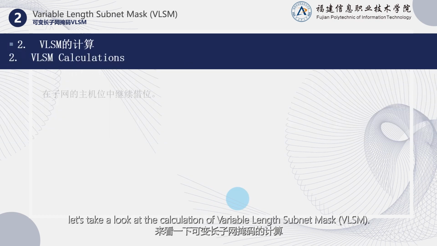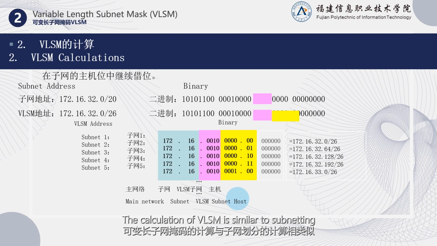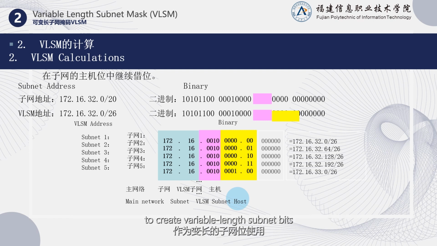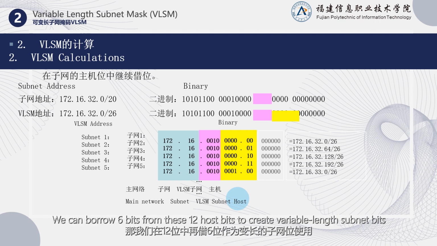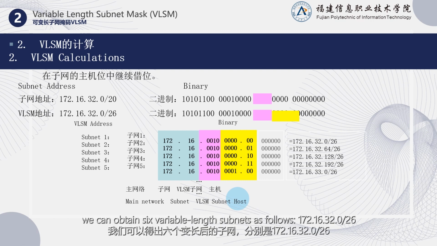Next, let's take a look at the calculation of variable length subnet mask (VLSM). The calculation of VLSM is similar to subnetting, where we continue to borrow bits from the host portion of the subnet to create variable length subnet bits. For example, consider the subnet address 172.16.32.0/20, where there are 12 host bits. We can borrow 6 bits from these 12 host bits to create variable length subnet bits, leaving us with 6 remaining host bits. In this way, we can list the main network bits, subnet bits, variable length subnet bits, and host bits. Following the example, we can obtain 6 variable length subnets as follows: